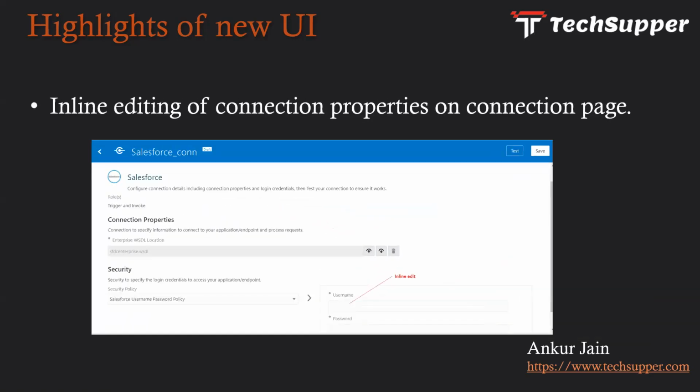Inline editing of connection properties on the connection page. In the old UI, whenever you needed to edit or add connection properties on the connection page, you needed to click on the configure security or configure properties button, which would allow you to edit the connection properties. Here, there is no button. You can now edit inline. There are input boxes which allow you to edit the connections directly without clicking on a certain button,